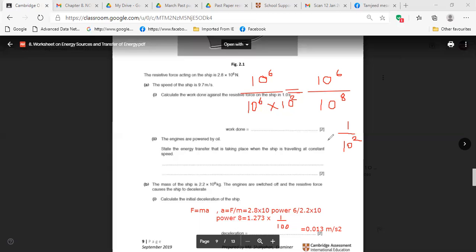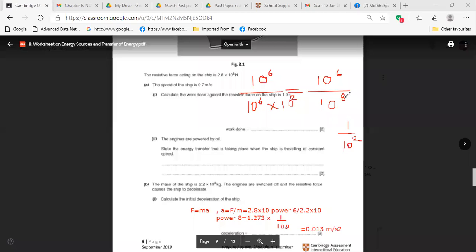10 power 6 I wrote here. Then 10 power 8 I wrote here. You understand it? This is all right? Yes, sir. Okay. And the other part, 2.8 by 2.2, is coming 1.273. So this part, 10 to the power 6, I wrote. Is it all right? Yes, sir. Then 10 to the power 8,